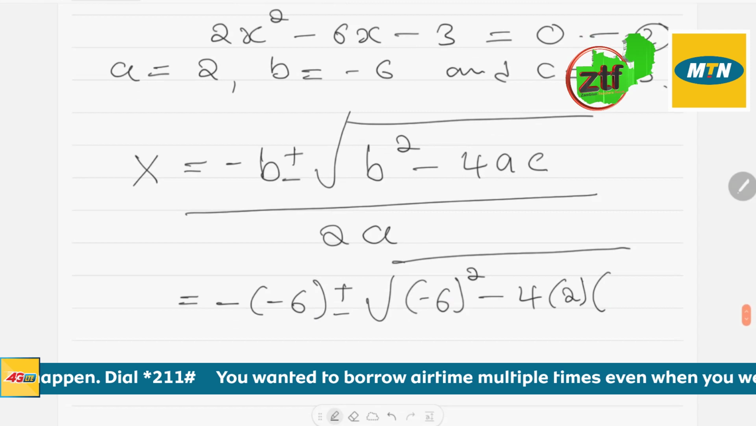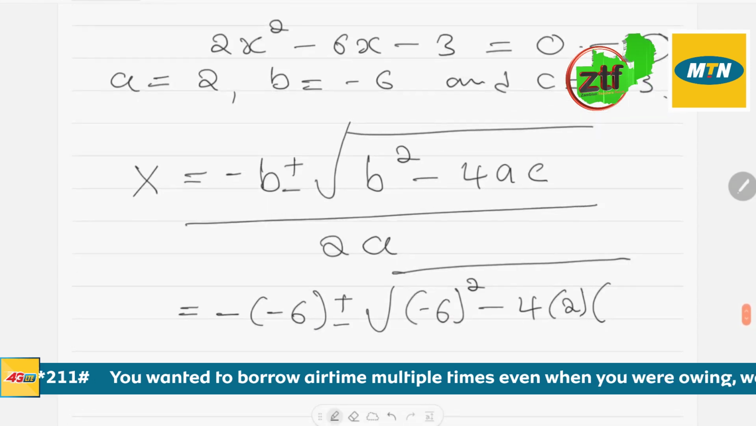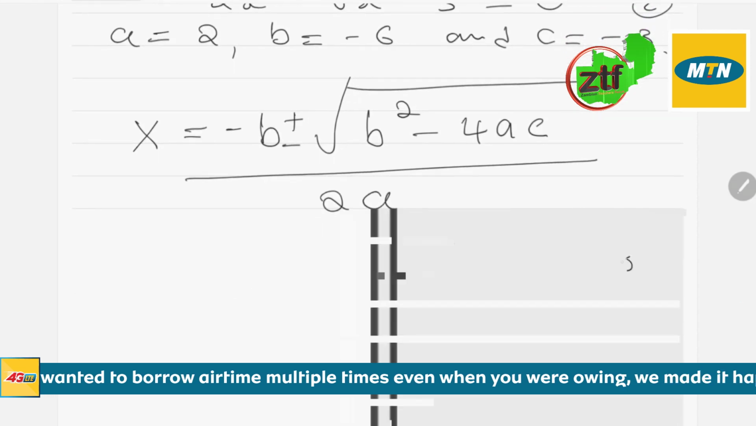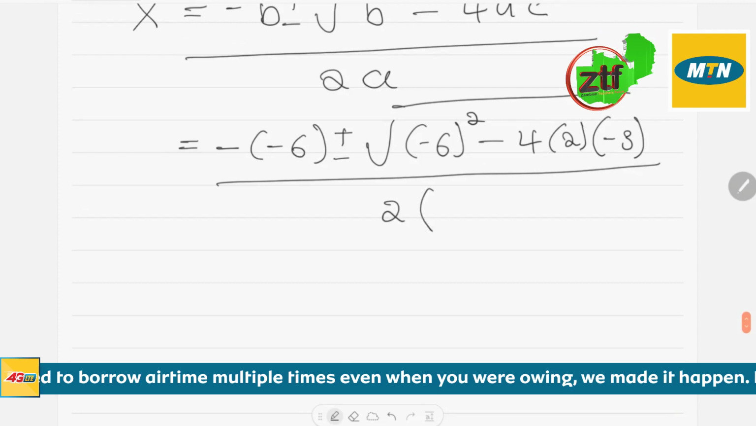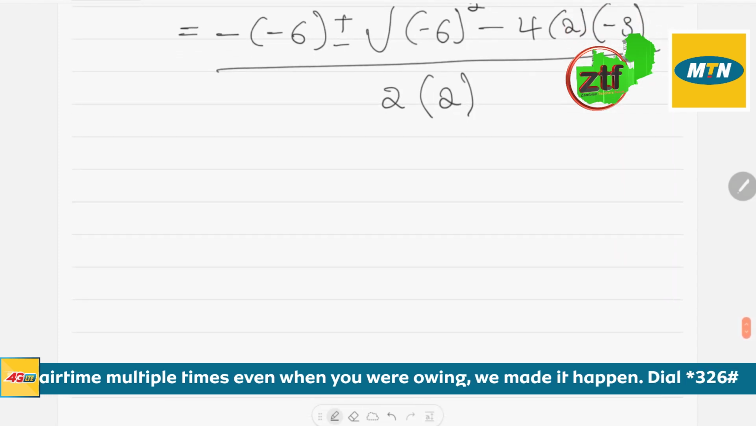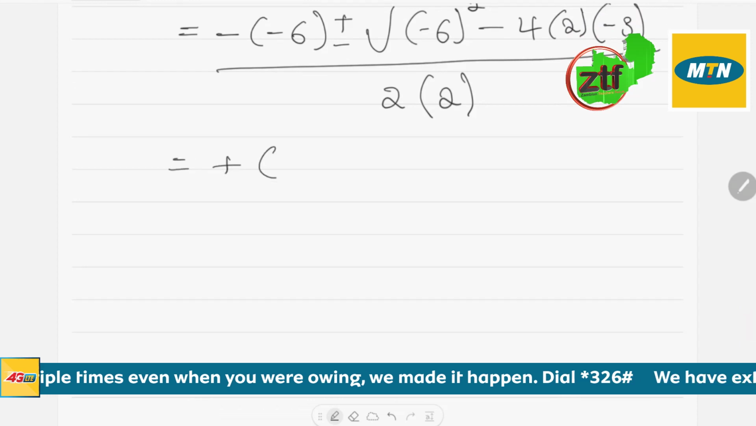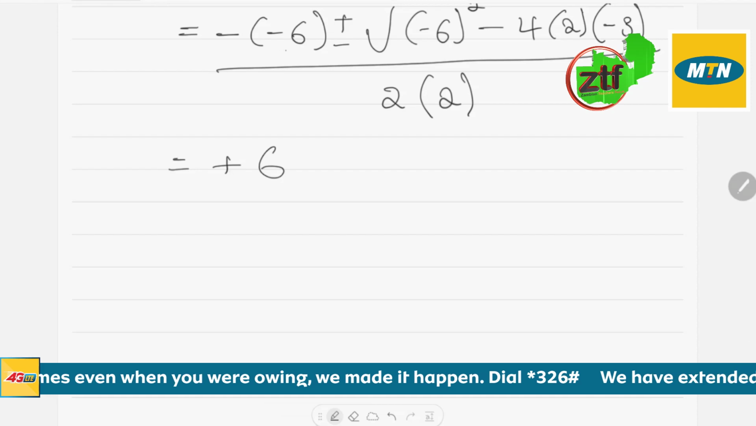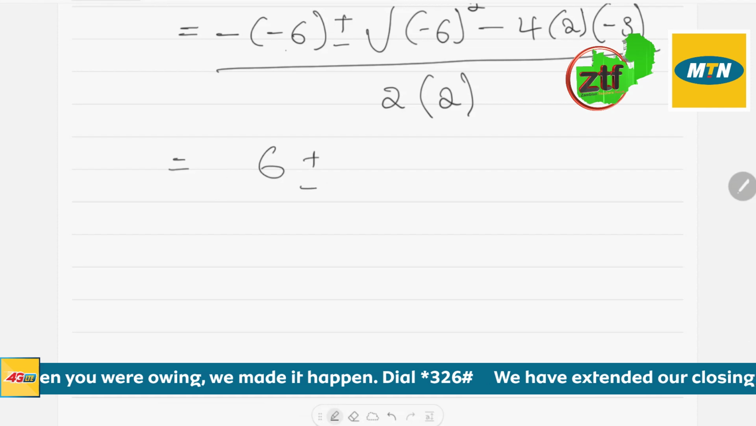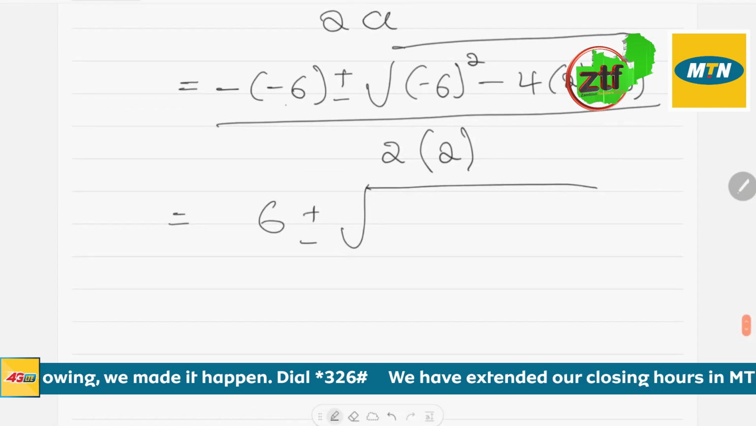Then our value of c, that is negative 3, so negative 3. Then divide everything by 2 multiplied by the value of a, which is 2, so we get that. Simplifying this, we'll get positive 6, because negative times negative is positive. Then positive or negative, the radical here will have negative 6 raised to the power 2,